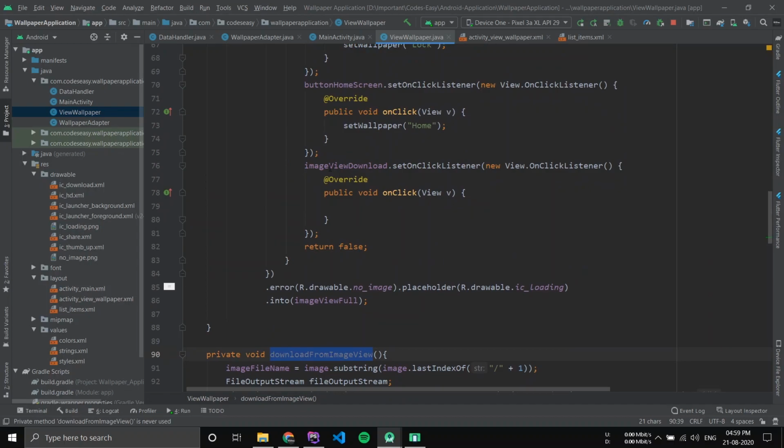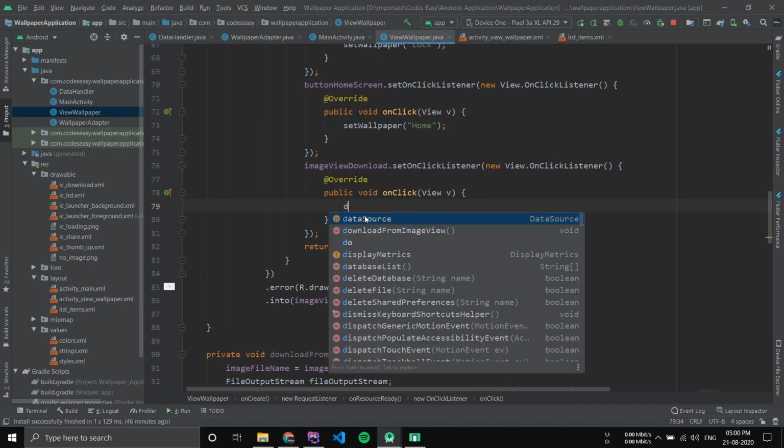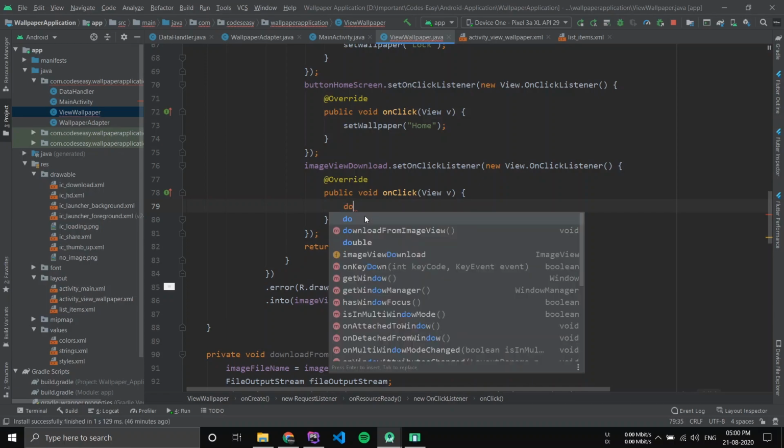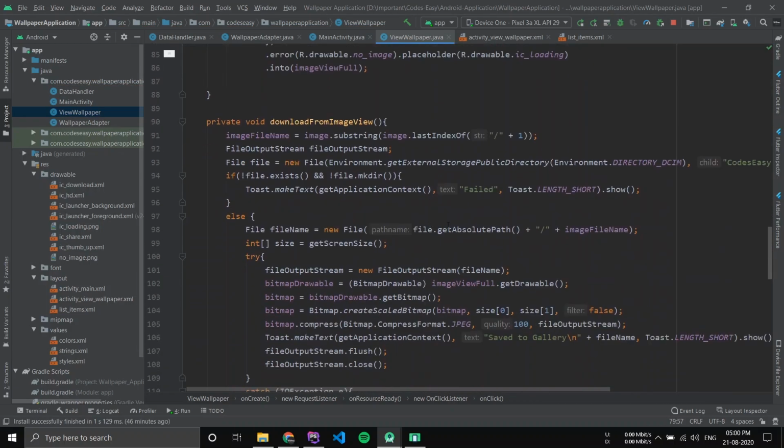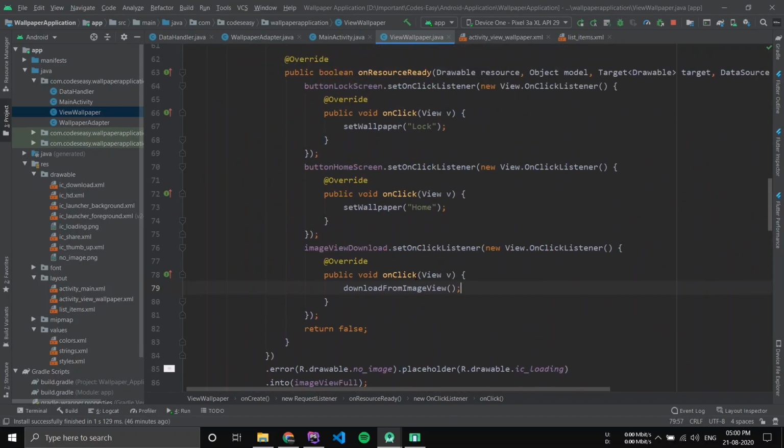So go to the image view, download dot set listener. On the on-click listener, we have to call download image view. That's all. Now we have implemented all the functionalities,